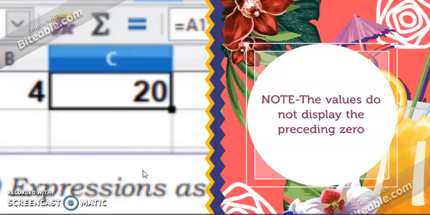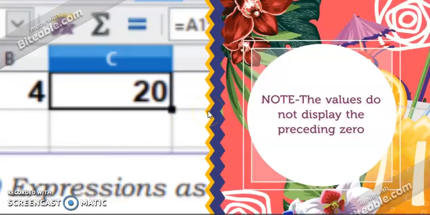You must note it down. The values do not display the preceding zero. If any value is preceded by 0, then the first 0 is not displayed when the data is a value. To show the preceding 0, the data type has to be specified as text.